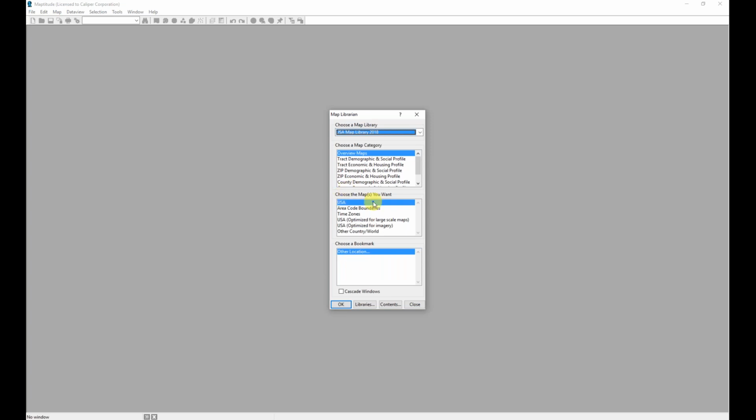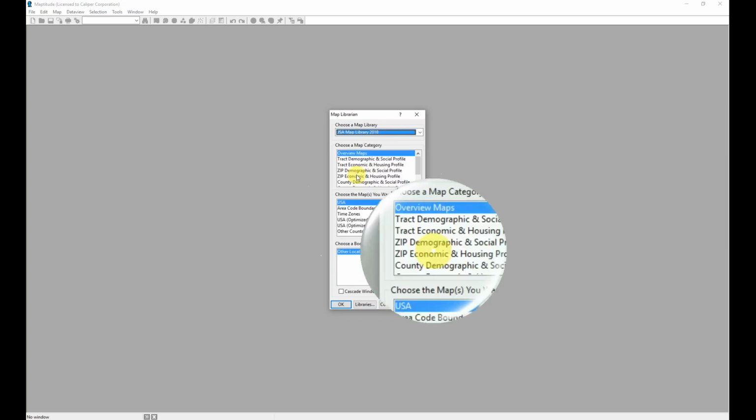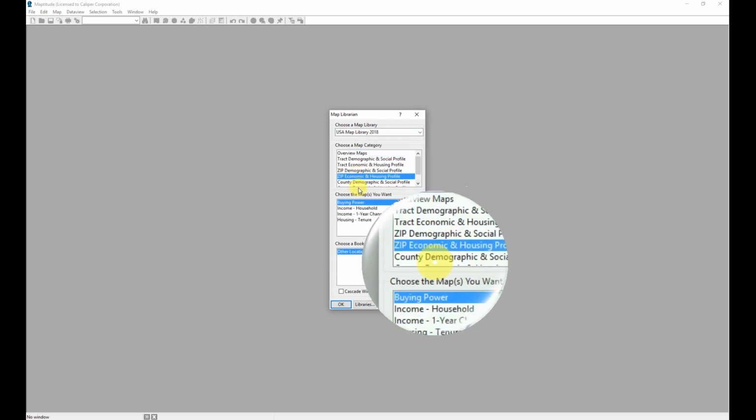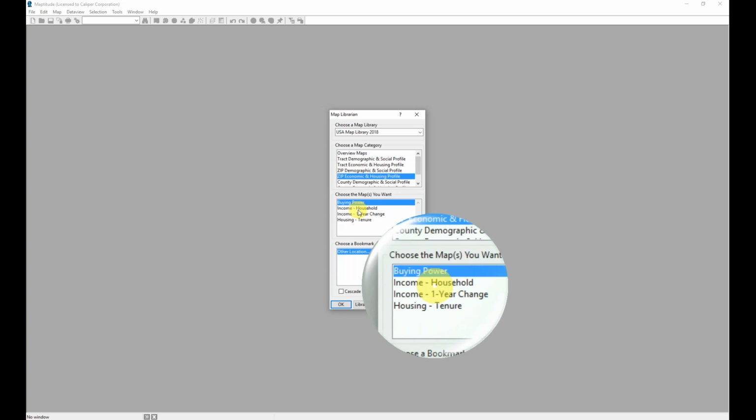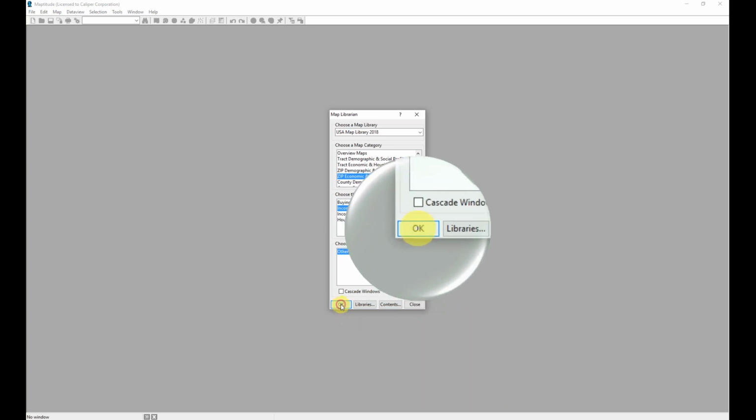Maptitude opens the Map Librarian, which is comprised of several different categories, and within each category, there are a set of maps. I would like to create or open a zip code map, and so I'm going to choose zip code, economic, and housing profile. And within those categories, I would like to create a map of the income by household. After selecting these options and clicking OK,